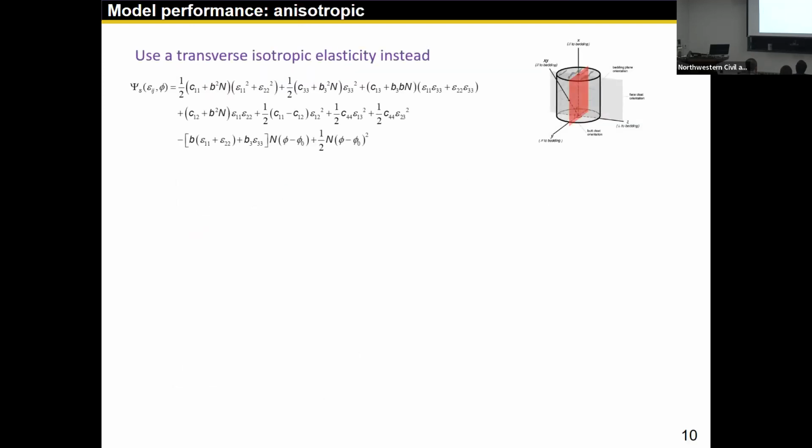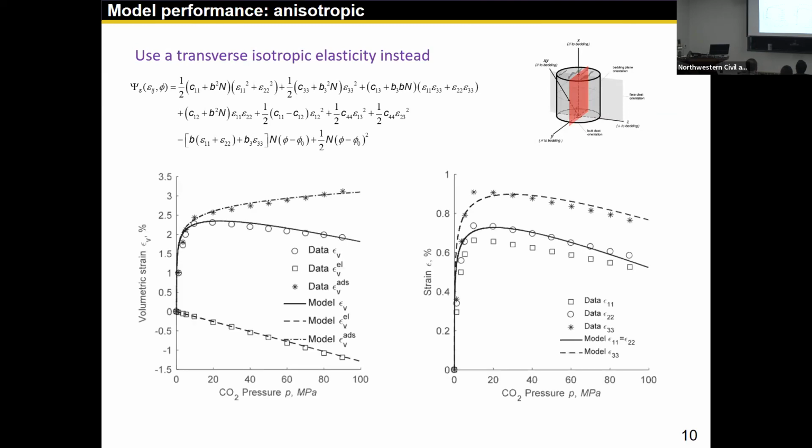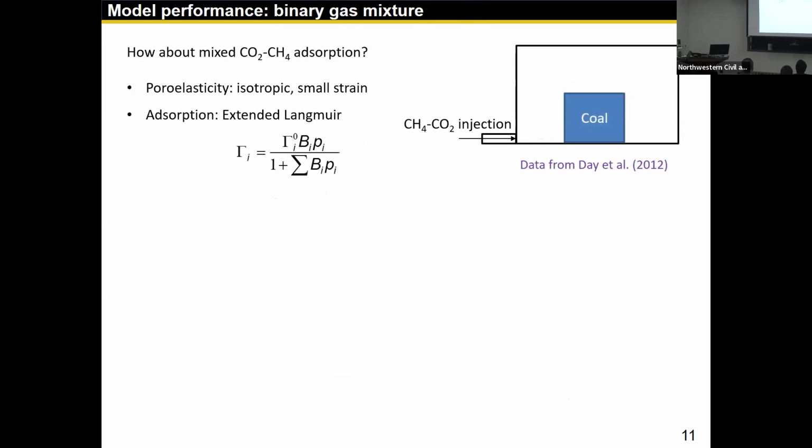Then here is the benefit, because the existence of adsorption stress does not depend on constitutive assumptions. It's from the energy balance, from first principles. So essentially, you can swap in and out different Lego blocks to make your model more material specific. Here we can make a transversely isotropic elasticity model, and immediately we can improve the model by having the Z direction strain different from the X and Y direction, right? Of course, you can argue X and Y are also different, then you can plug in an orthotropic elasticity model. That's no problem. But we want to try something else.